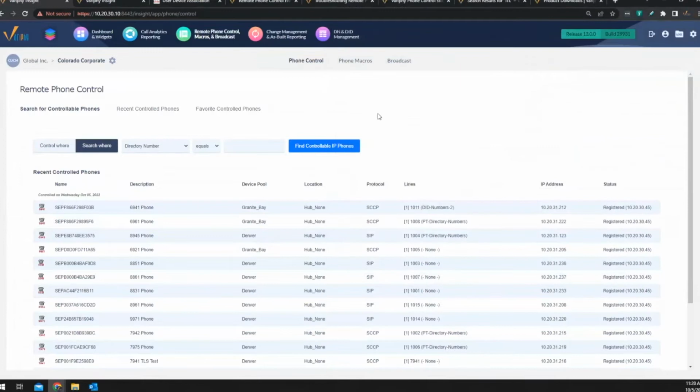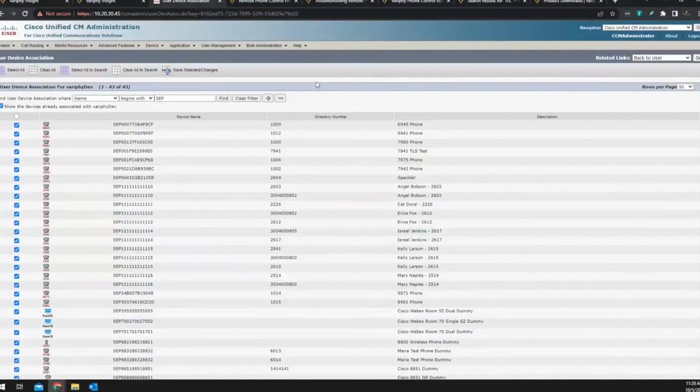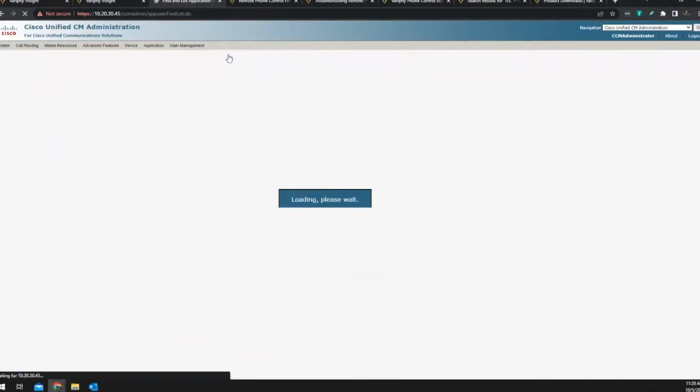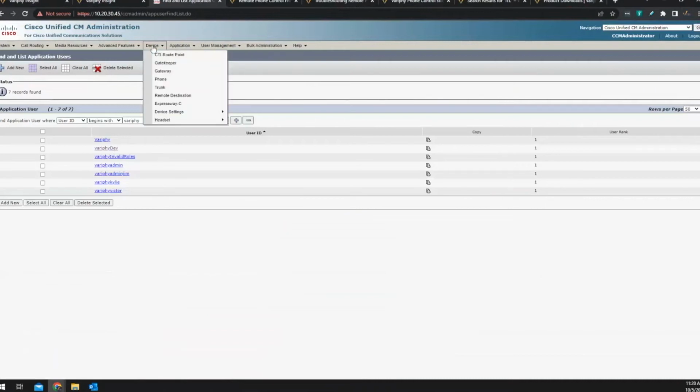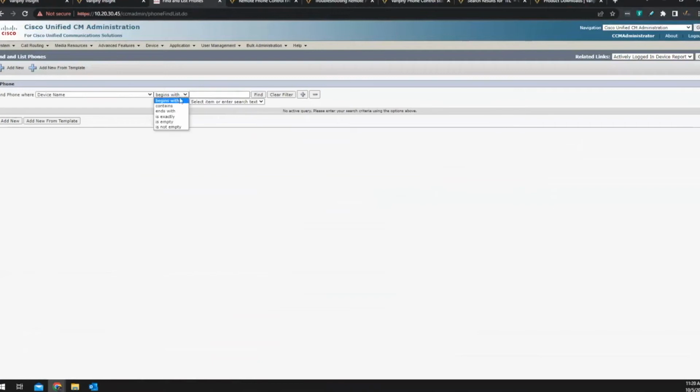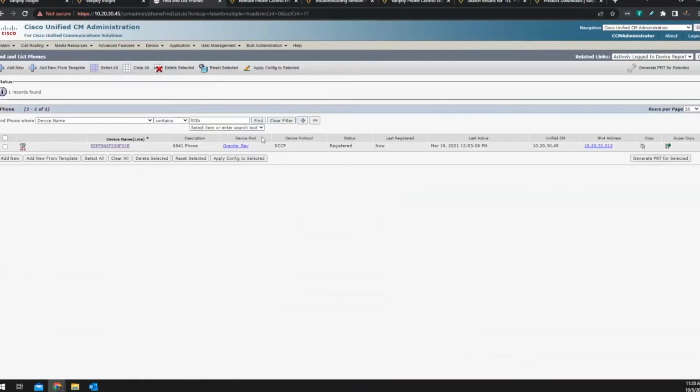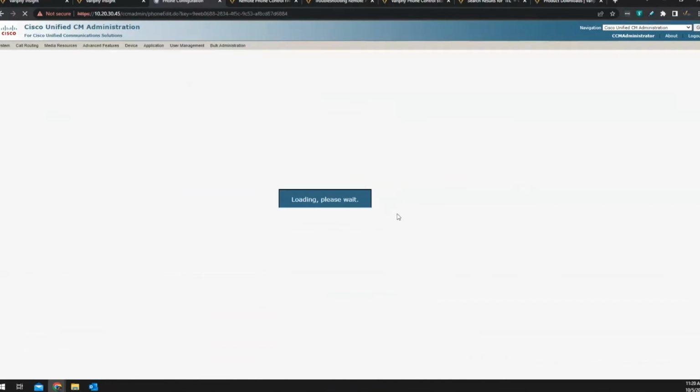Now, sometimes the phones aren't working on the actual phone level. So let's go back here and go to application user again. Or no, actually, I'm sorry, we did that already. Let's go to device, phone, and let's see. I think F03B was the last four. Yeah, there we go. So this is the one I broke and then fixed.